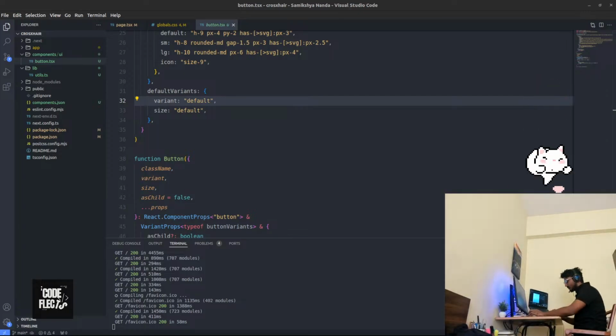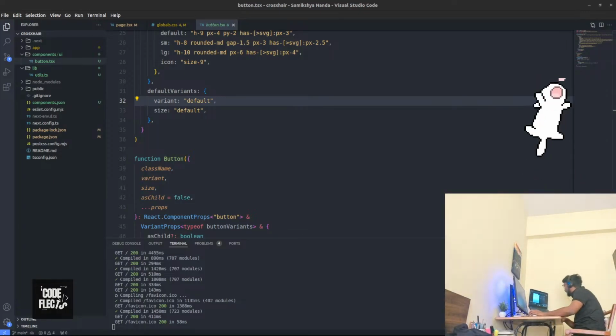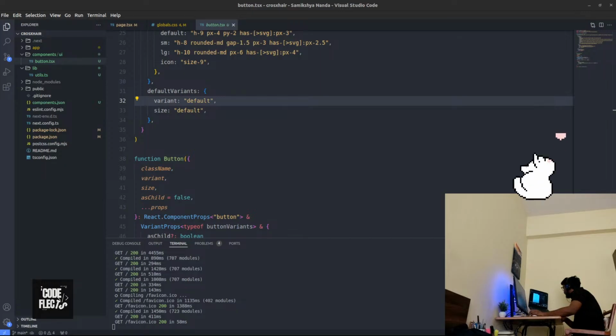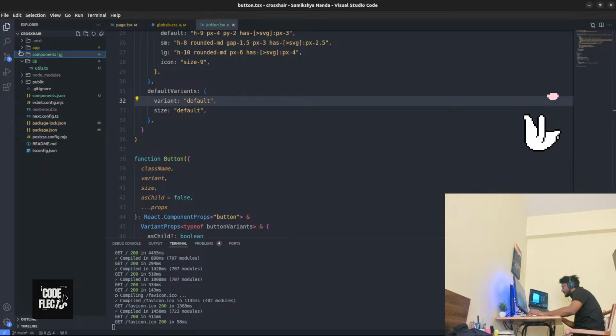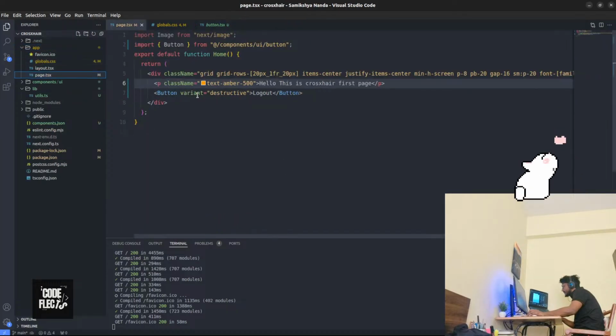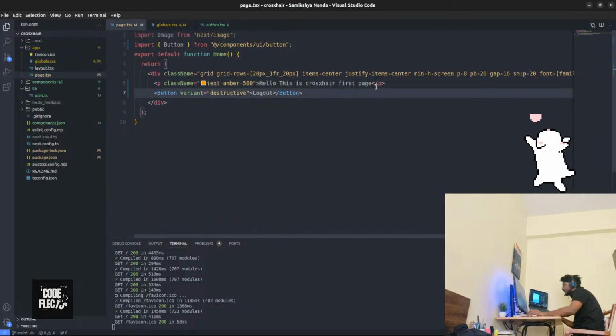Okay, cool. So authentication we will be using, right? So the first page, what we're gonna do is first we're gonna create. See, button is a component, right? But this is a page. So here what we're gonna do, we are going to write